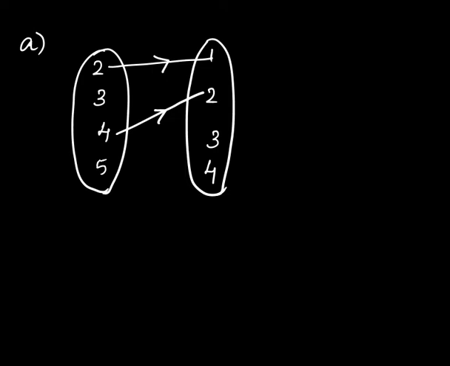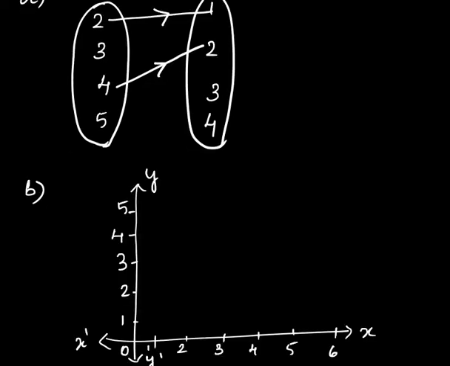Next we have to do it by graph. So for the graph, draw a graph, mark the x-axis, y-axis and mark the values. So the first value is (2, 1). So place 2 on your x-axis and 1 on your y-axis. Mark the point and write it as (2, 1). Next you have (4, 2). So 4 on your x-axis and 2 on your y-axis.